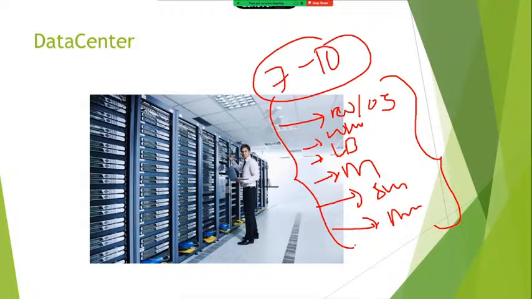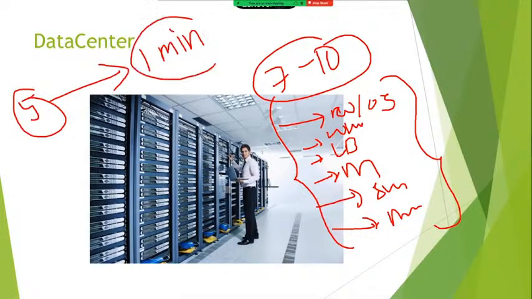If we go for cloud computing, whatever count I said, 5 servers, can be deployed within the span of a minute. I am telling only 1 minute, not even 2 minutes. We can host all these servers within a minute. Where is 7 days and where is 1 minute? There is a lot of gap.